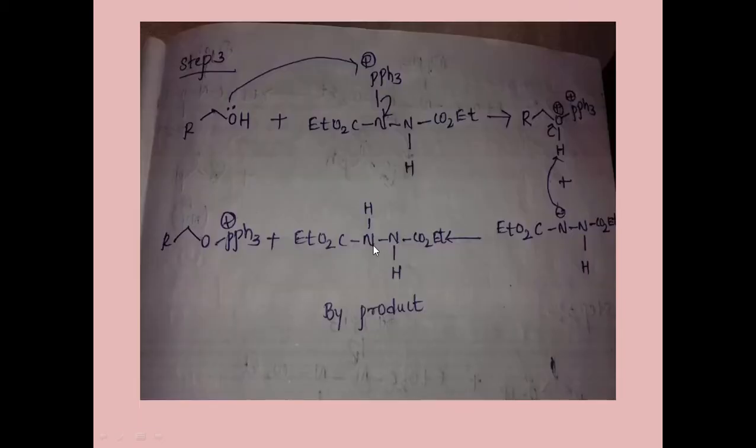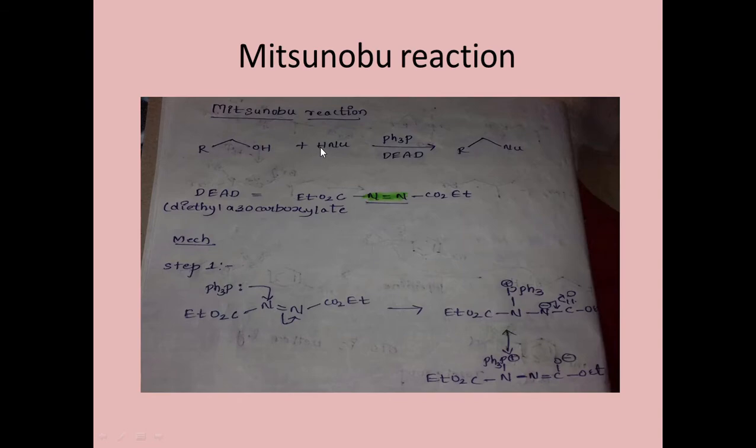You might get a doubt why we are doing this much. We can do this: this oxygen can attack on hydrogen and H2O will get removed, and the nucleophile can attack here, right? It can also happen, but that would be a two-step reaction, right? And we need an SN2 reaction, as you see this is a primary carbon. For that we need to make it a better leaving group, and we want removal of the leaving group as well as a good nucleophile to come and attack.